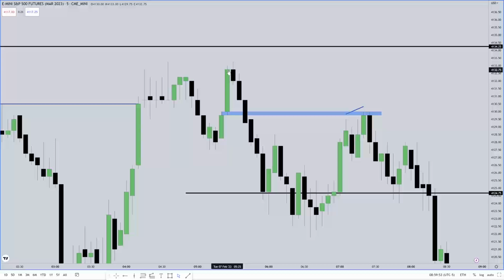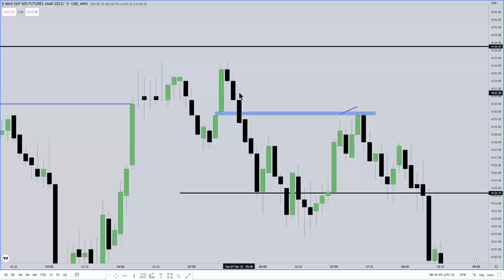It's a bearish order block. Why is it a bearish order block? Because it has a fair value gap. Opening price on this candle is what? You're going to look right here. Opening price on this candle is